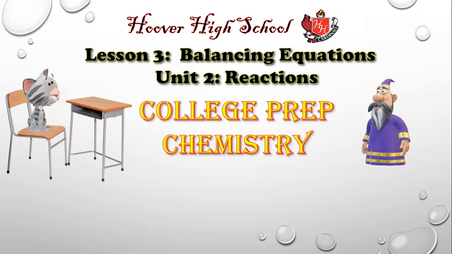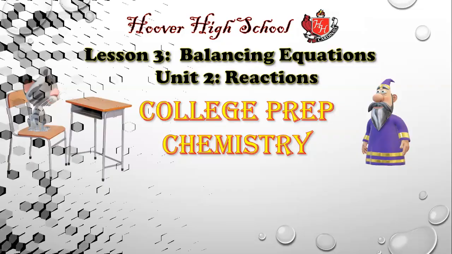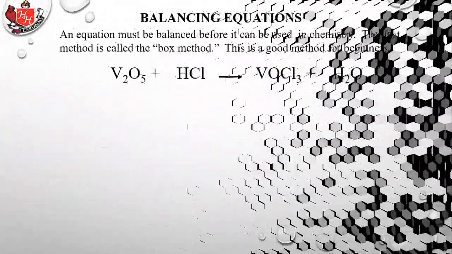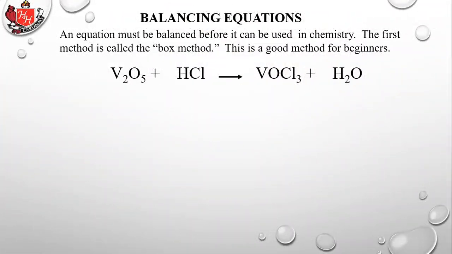Chemistry, we're on to lesson 3 in the reactions unit, and it deals with the first step in using chemical equations, and that's balancing the equations. An equation must be balanced before it can be used in chemistry. The first method we're going to talk about is called the box method, and this is a good method for